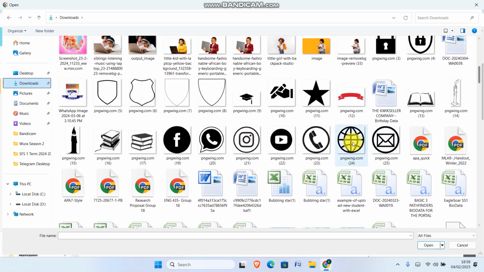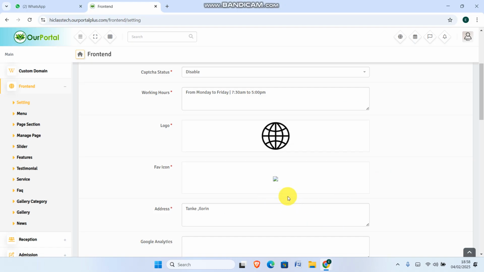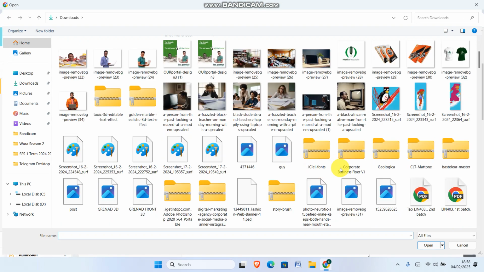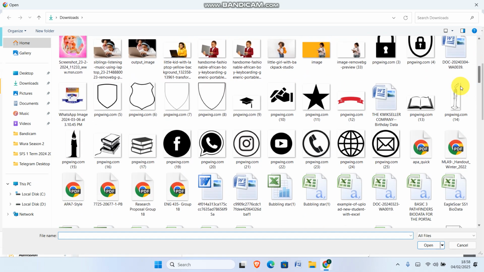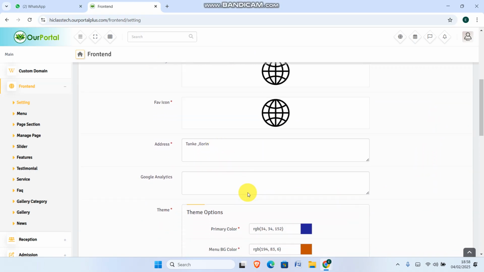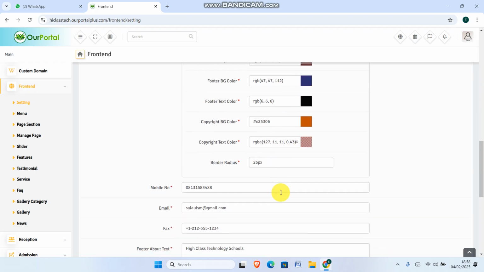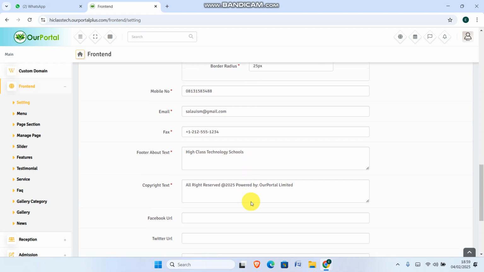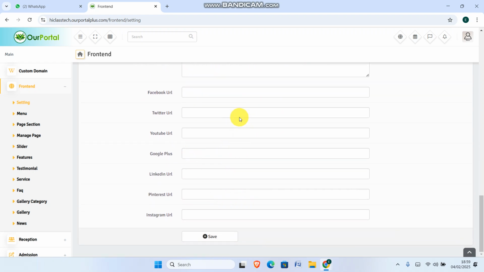Assuming this is my logo, then the favicon also needs a PNG. I think this one is requesting for PNG. Is this one okay? It's PNG. So can you see? Your school address, the combination of the colors you are using in your school, mobile number, email address, fax, and footer text. All these are very important, and your social media handles. If you have them, fine. If you don't have them, then you go on. So when we save,